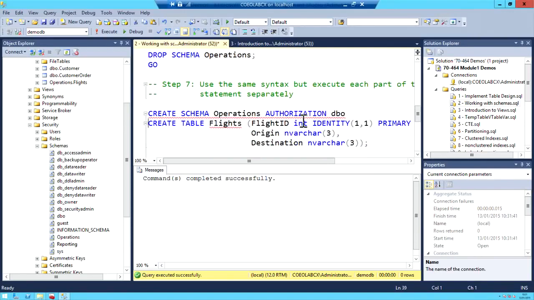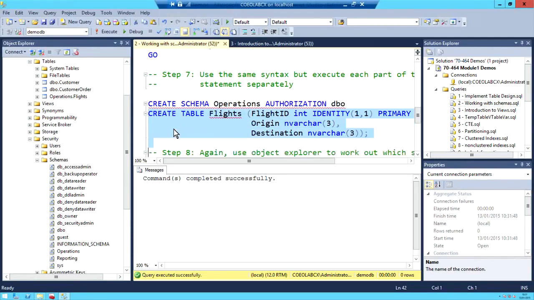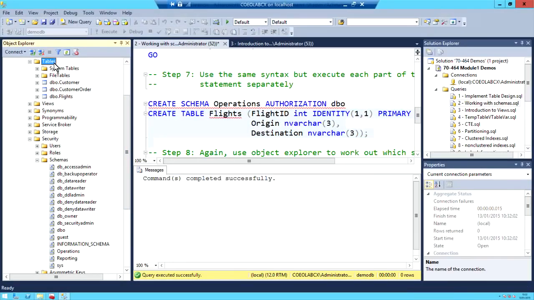Okay. So now I'm going to execute these separately. So I'm going to create a schema called operations, which if we refresh that, I still have... It's still there, yeah, operations schema. Then I'm going to create a table called flights. Okay. So if we have a look for this table again now, you notice it's been created in the DBO